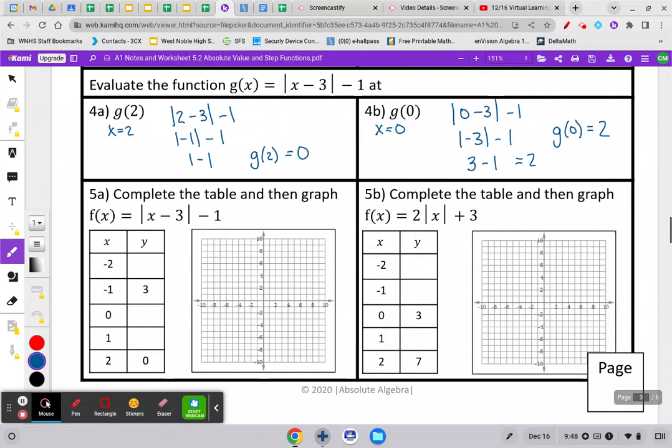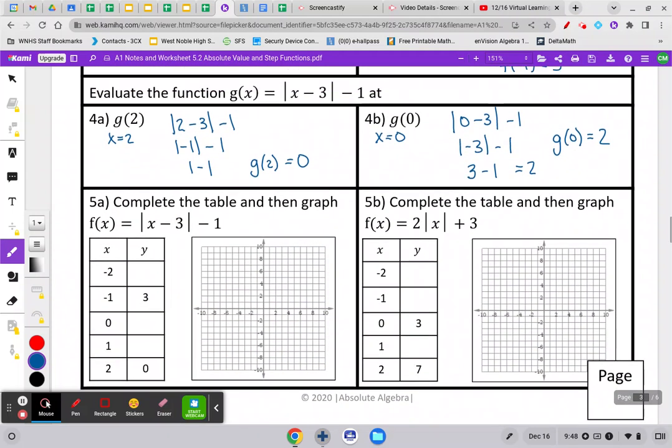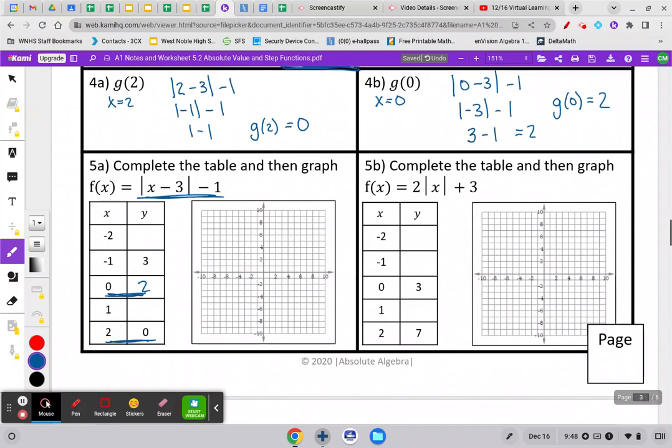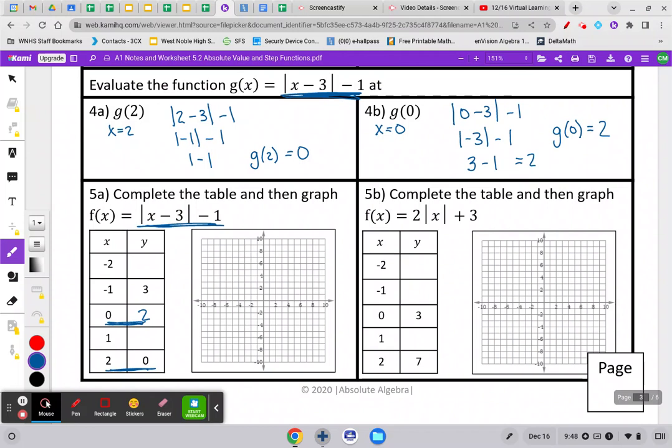So if you notice up here, these are actually the same functions, these two. So we're just graphing this. We did solve for g of 2, but they already had that here for us, and we solved for g of 0. We can fill in that answer, being 2. So I'm going to go ahead and solve for the other ones. I've got to kind of squeeze in up here. So this will equal 4,